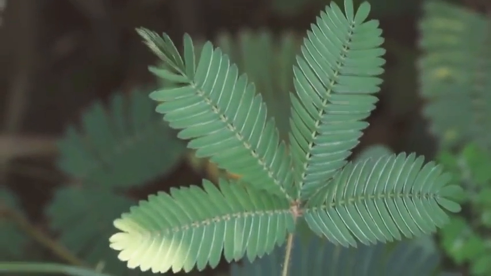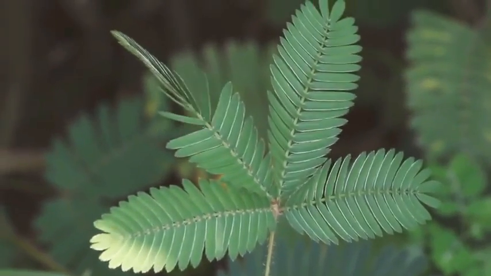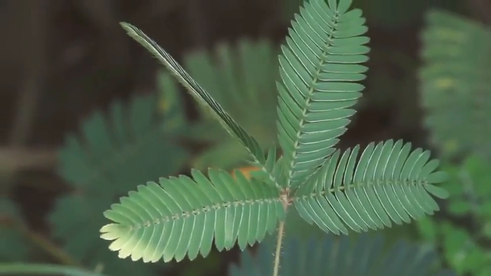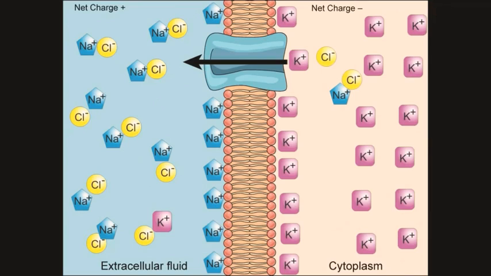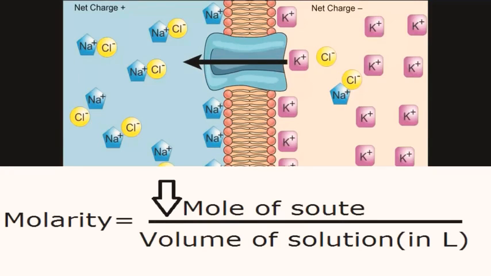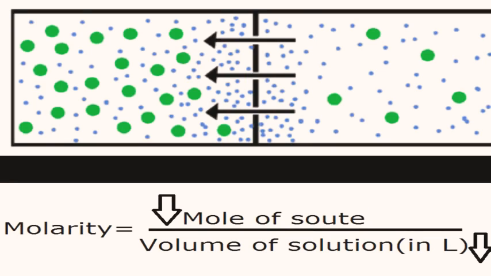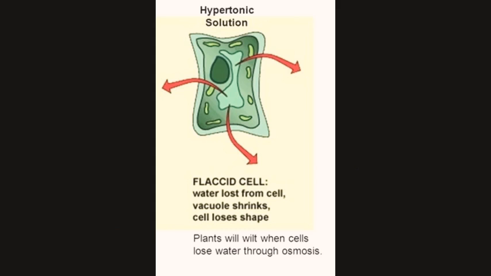Now when you touch or disturb a touch-me-not plant, this stimulus is transmitted as an action potential. This action potential causes potassium ion to flow out of the cell. Due to this, amount of solute in this cell decreases. So as already described, due to osmosis, the concentration will maintain itself. Therefore, the solvent from this cell, that is water in this case, must flow out of this cell to keep